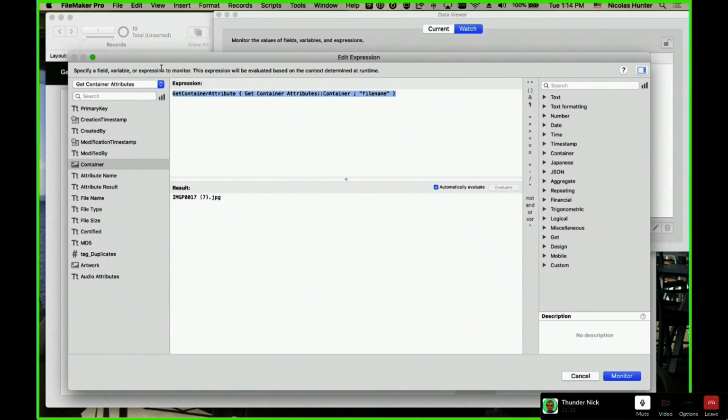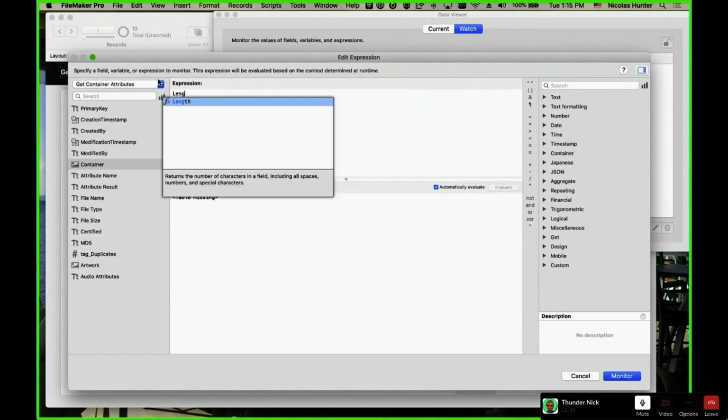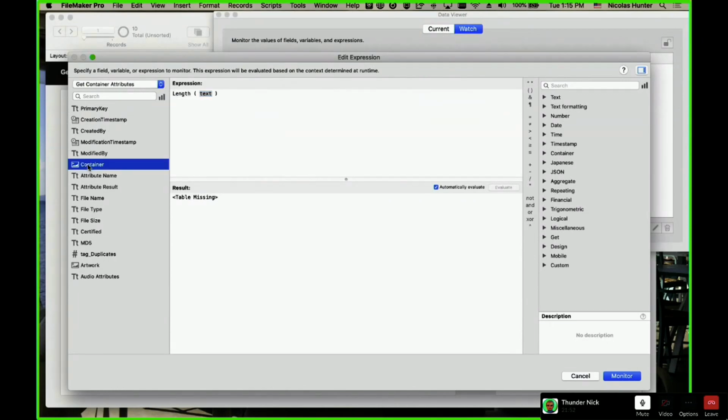Okay. So how we were doing it before for the file name: in the container, we were just calling the container in the text field, and you got a name. And before, we were using the length of a container to return the size, which made no sense at all, because length is for a text, not for a file.